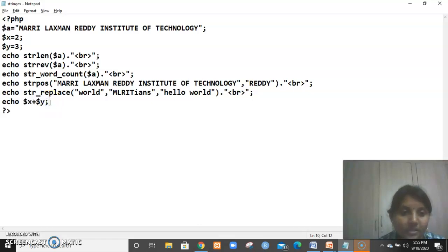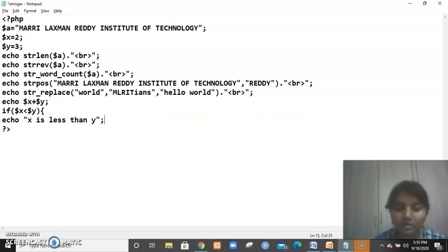Then comparison using if statement, if control structures you can compare. Suppose if dollar x is less than dollar y, echo print say x is less than y. Simple statement. If you want, an else statement can also be written.